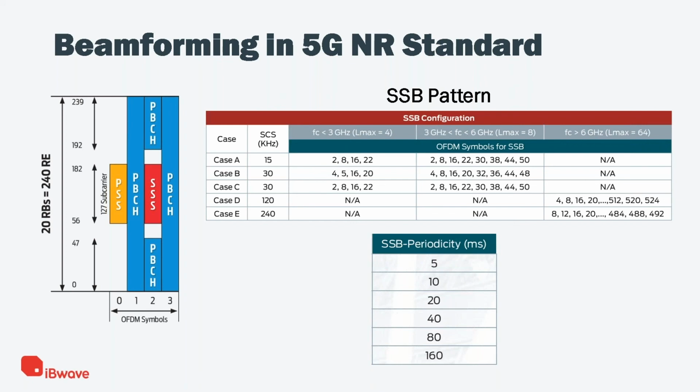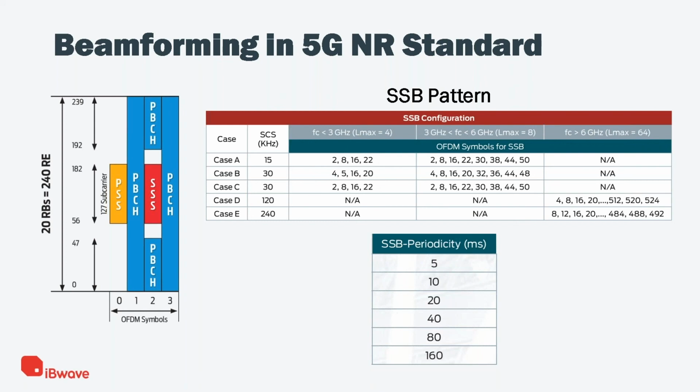We should mention here that we do not always send the maximum number of this SSB pattern. Sometimes we may send fewer than what is mentioned here, just to reduce the overhead. And the table below shows the SSB periodicity. So these SS bursts are sent with some periodicity, and these are the possibilities of periodicity with respect to SSB